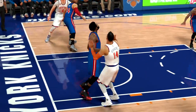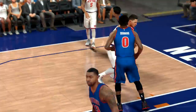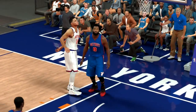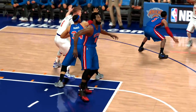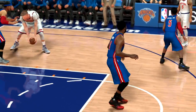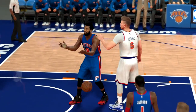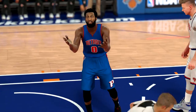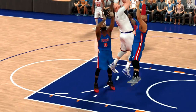And then we have to talk about his defense. I think some people believe Drummond is like this all-world defensive player. Maybe it's because he fits the template of one with his size and physical traits, and for some reason 2K thinks he's an awesome defensive player. Drummond defensively, I would say, has shown some ability of being a real stopper and someone who can cause resistance